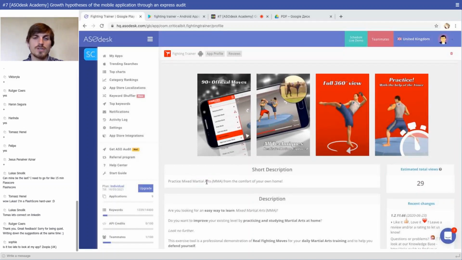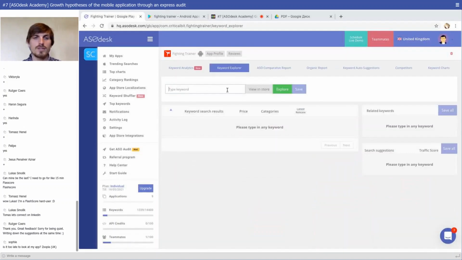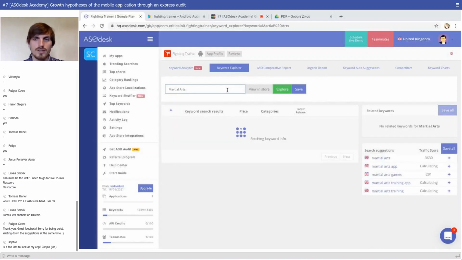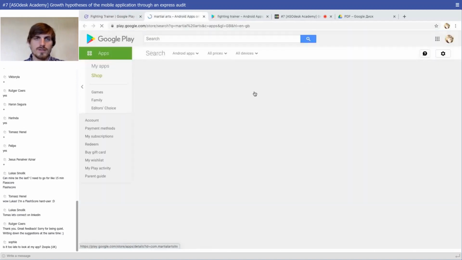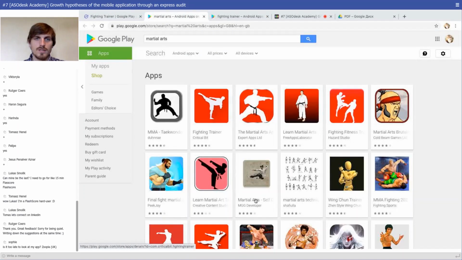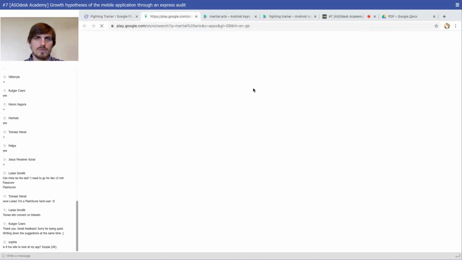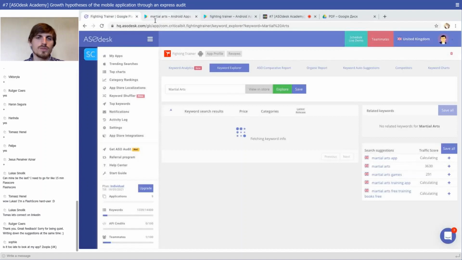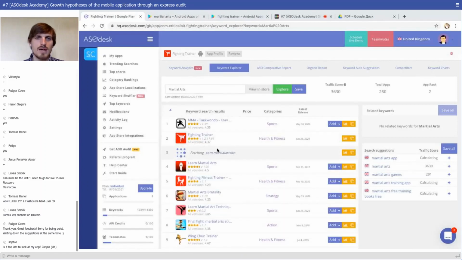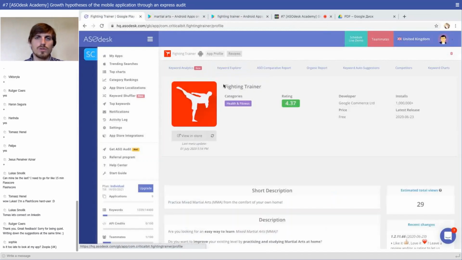And by this keyword, if I'm not wrong, you are ranking number 4. Let me check. Let's check in the store. Yeah, you're like number 2. I don't know what's happening. Why doesn't it work? Anyway, you're number 2. So I would check your keywords and perhaps add some keywords to your short